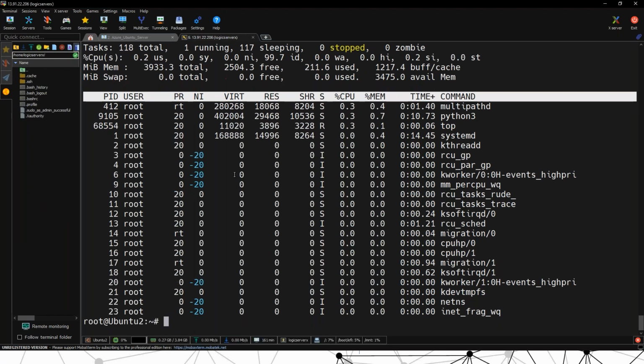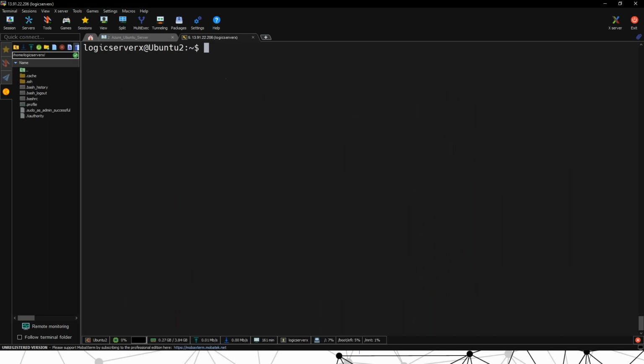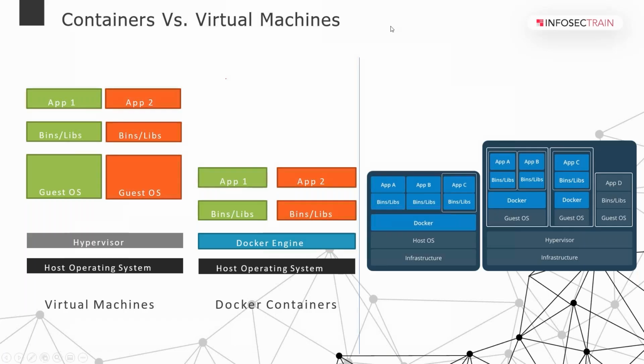Where exactly is this particular container taking the resources, from the underlying hardware? I'll come to that. Yes, it all works on the underlying hardware, but the advantage is that it's much less than virtual machines. Let's say this particular virtual machine is taking 8 GB of RAM. If you deploy the same application or platform in a container, it may take 1 or 2 GB, or maximum 3 or 4 GB as per your requirements. It will not go beyond that because we are saving those resources on the OS, as there is no OS in the containers. Got it?